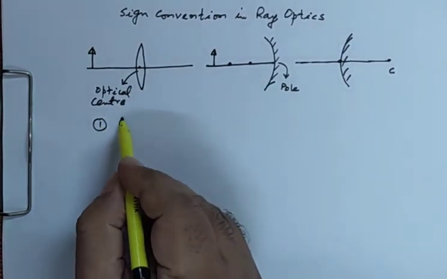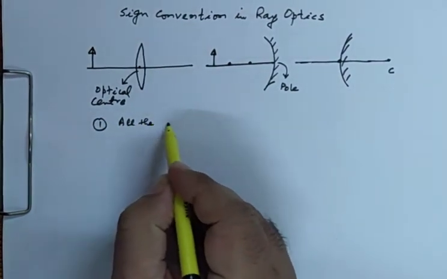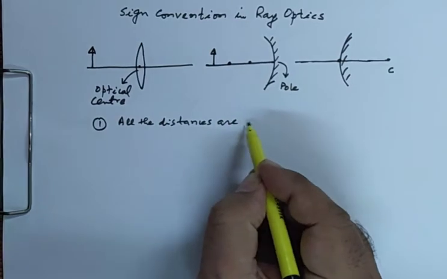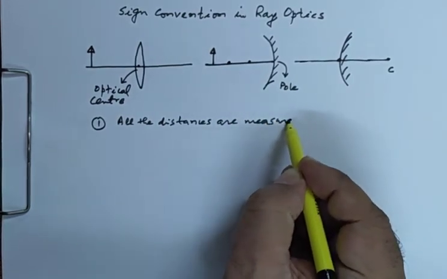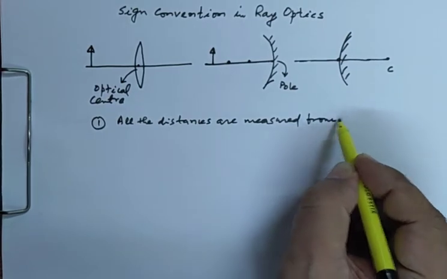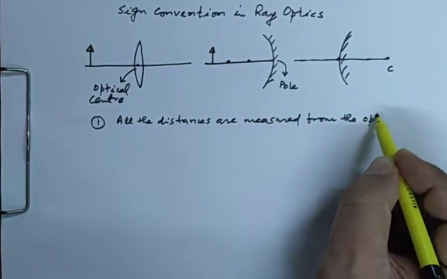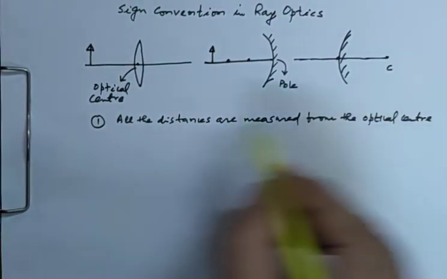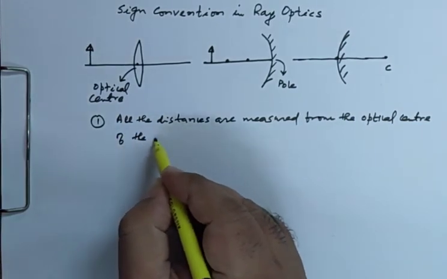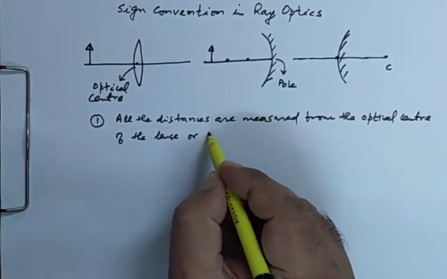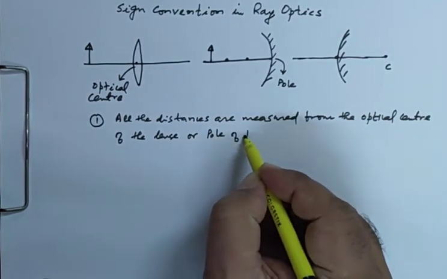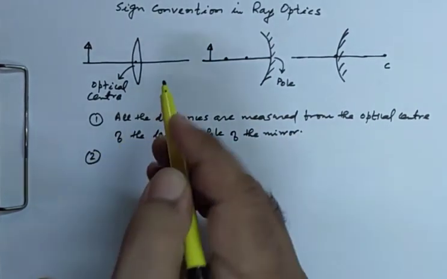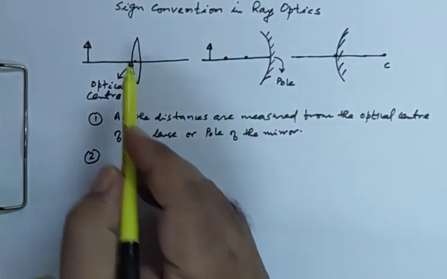First thing is that all the distances are measured from the optical center of the lens or pole of the mirror. The first thing in the sign convention is that all the distances are measured from the